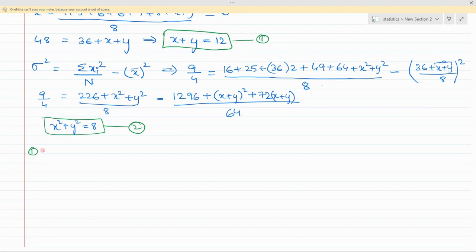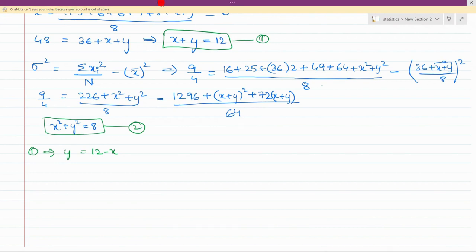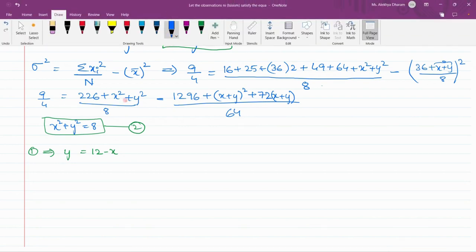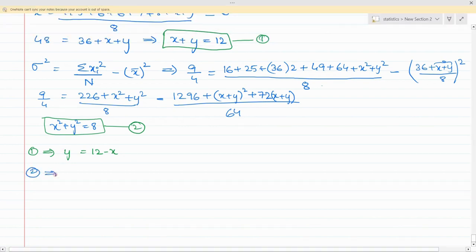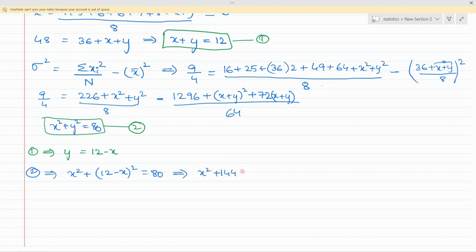Now from the equation 1, let y will be 12 minus x. Use this value in the equation 2. So from the equation 2 we can write x square plus y, that is 12 minus x whole square, is equal to 8. Actually this is 80 over here, it becomes 80. And this if we expand, it will be x square plus 144